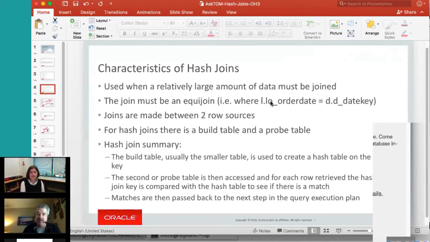But I think the takeaway for hash joins is typically joining relatively large amounts of data, which is, again, why it makes sense to leverage with database InMemory. It has to be an equijoin. So I have my example here where our typical line order table and our date table where we have an equality predicate filter. We only join 2 row sources at a time, but keep that in mind